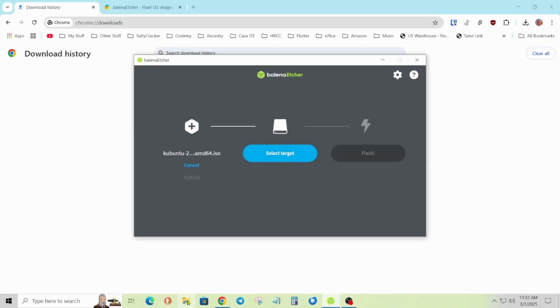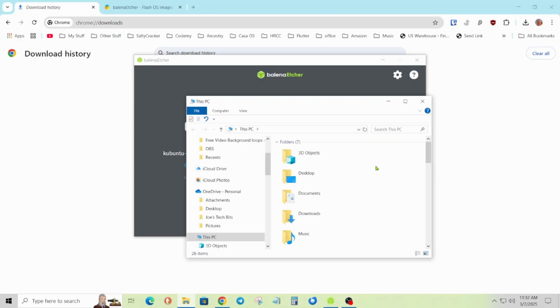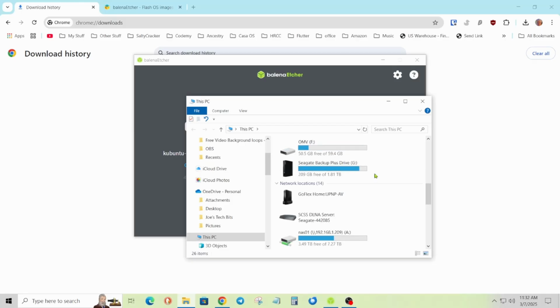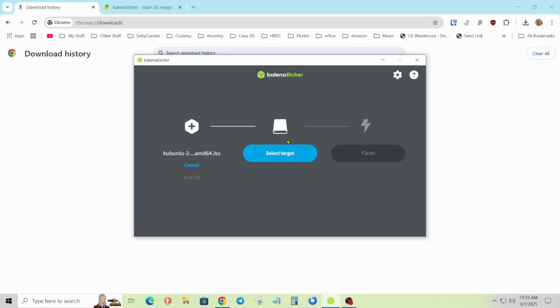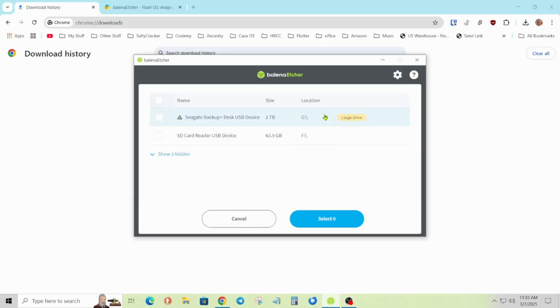So just to make sure, we can look here and see, it looks like this is the drive, because I'm going to overwrite this. Remember, anything you have on that drive is going to be overwritten. And if you select the wrong drive, so say I select this drive or this drive, that will be overwritten. It will give you a warning, but it'll still overwrite it once you say yes, go ahead. So it looks like the letter F is my drive. So we'll look for F,